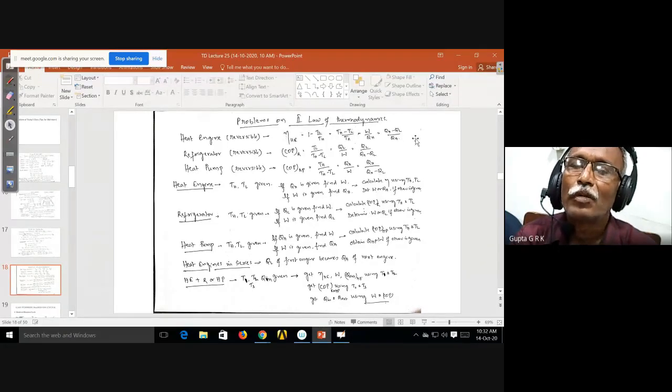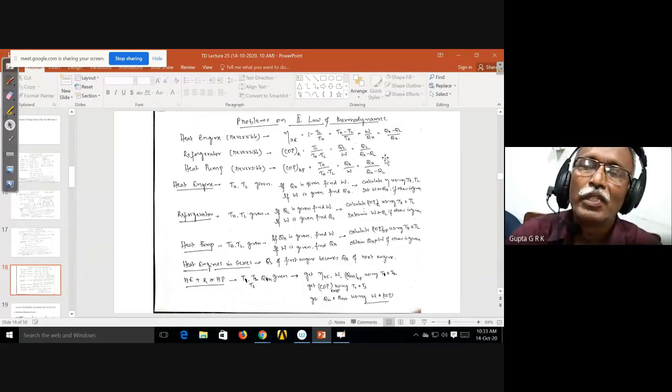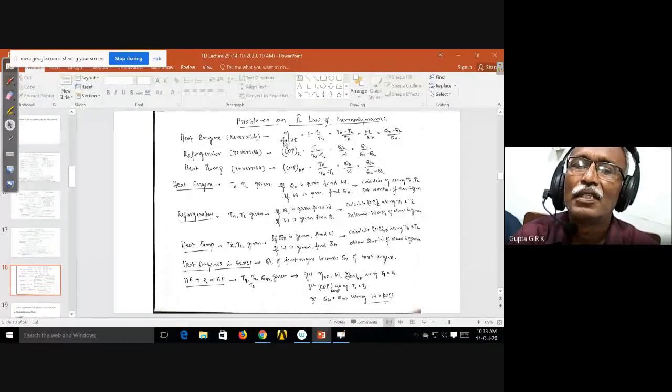So when you are given a problem, usually, here I have given a heat engine problem, TH and TL will be given. So immediately you can find out the efficiency. And after that, if QH is given, you have to find out W. And if W is given, you have to find out QH. Okay, because once I know the efficiency, it is equal to W by QH. So you will be asked, if this much of input is given, what is the output? If this output is needed, what should be the input? Okay, once I know the efficiency, W by QH, that gives it. Okay, so that is the way.